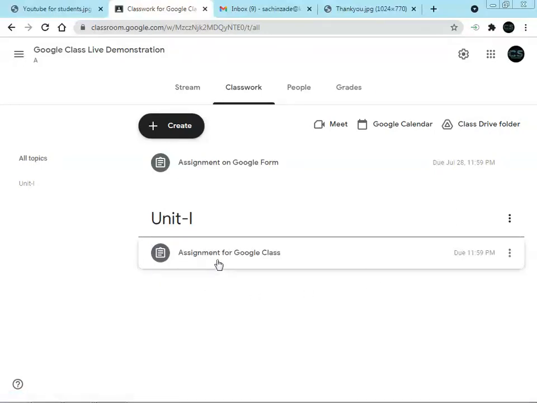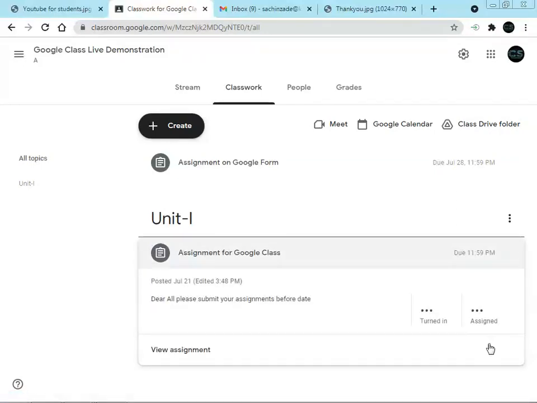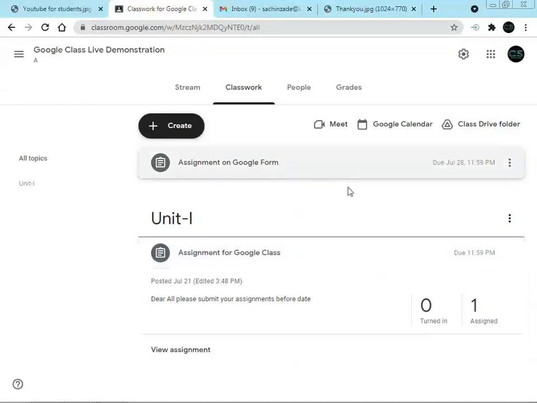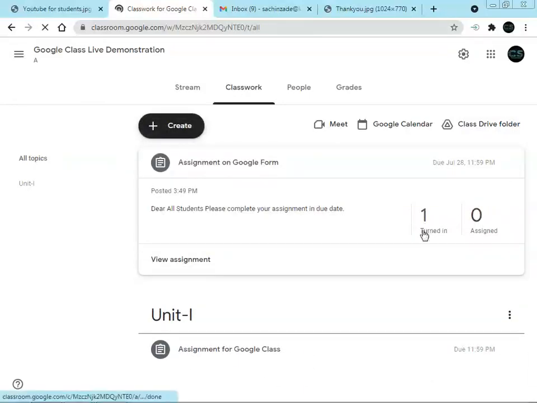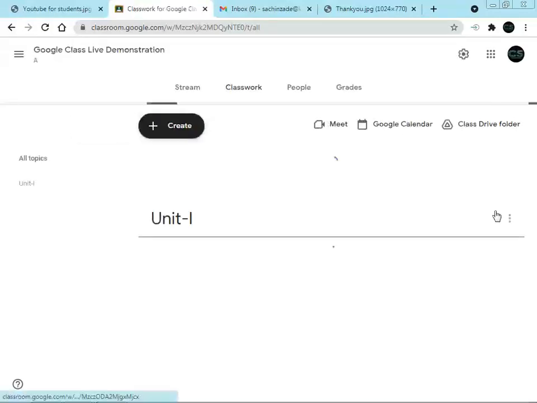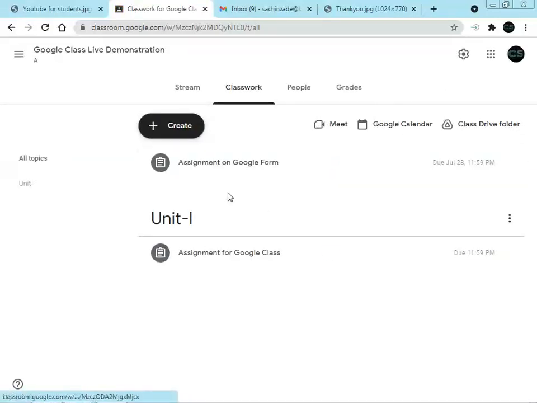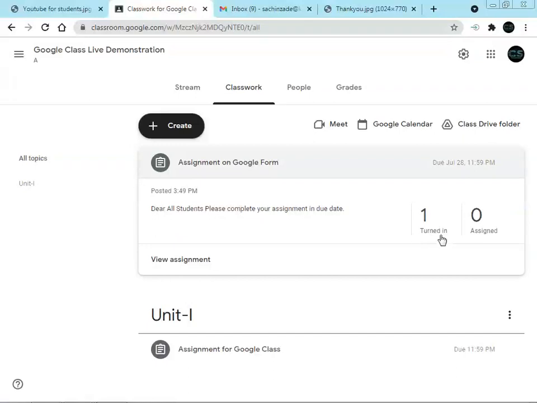So that will be reflected here. Here turn in is 1 and assigned is 0 for the assignment on Google form.